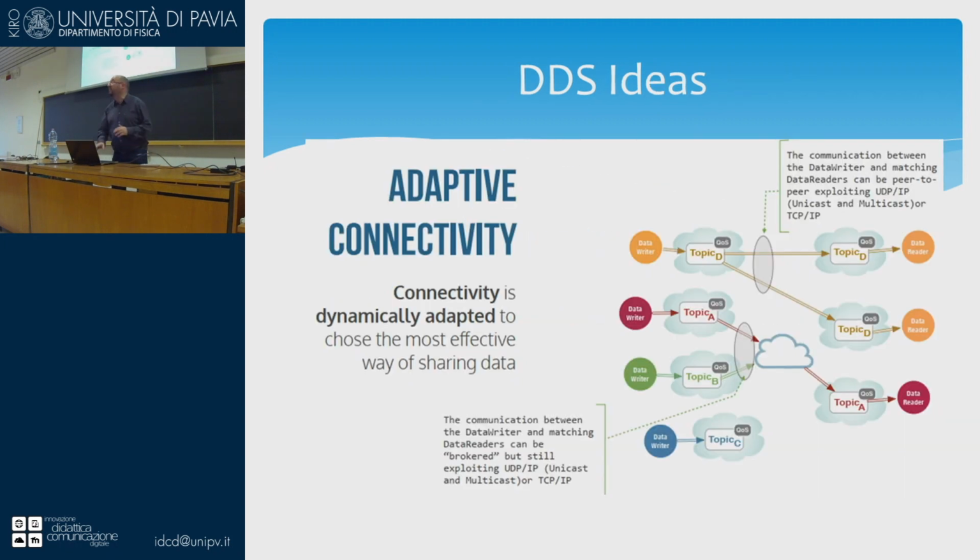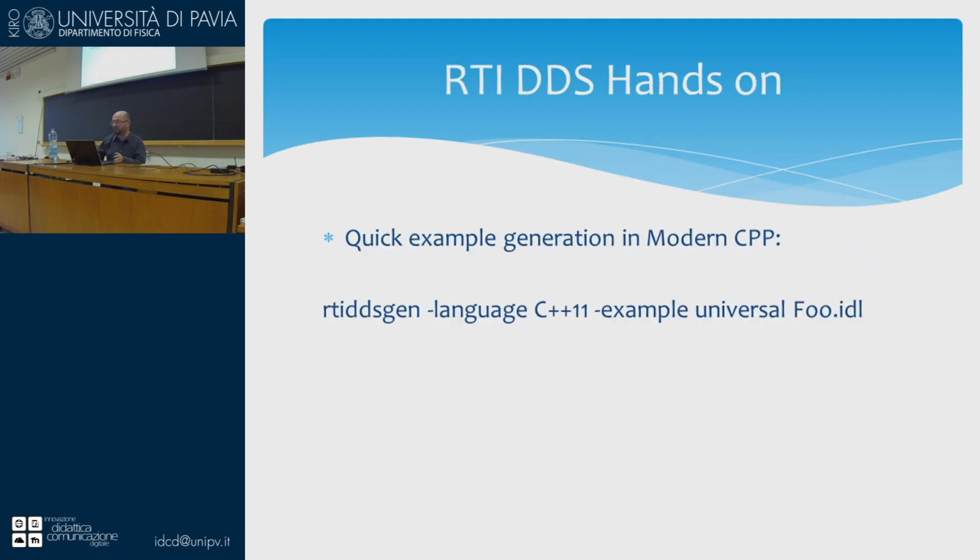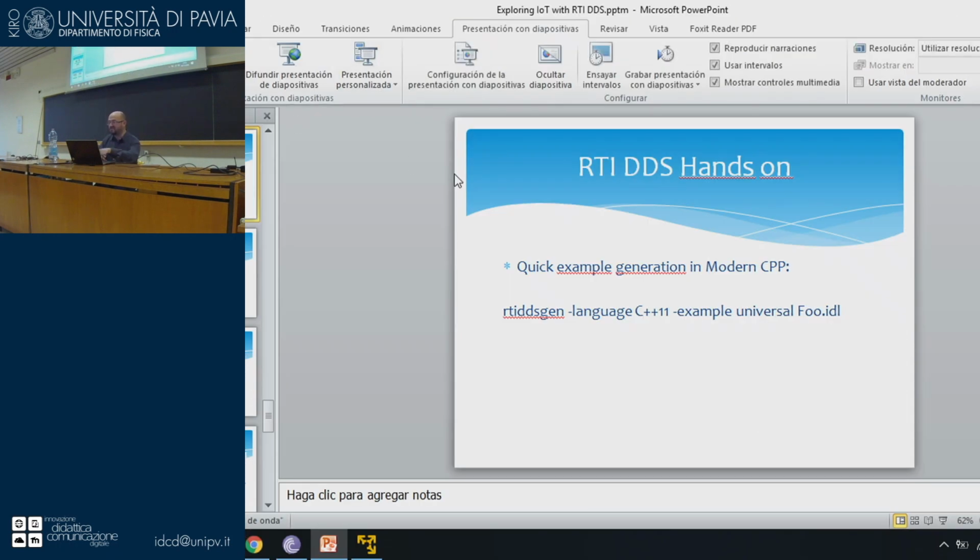Okay, now we can go with the simple hands-on. Now we have an overview of the ideas, so we can create something with DDS, and we can see how to write a service, a reader, a topic, and a writer, with the middleware that RTI provides us. Actually, there's a code generator called RTI DDS Gen. And with this, executing this command,